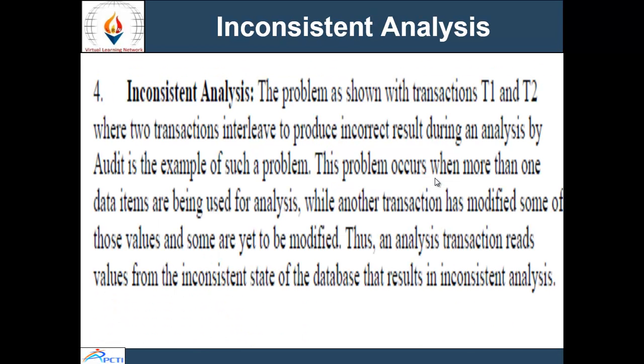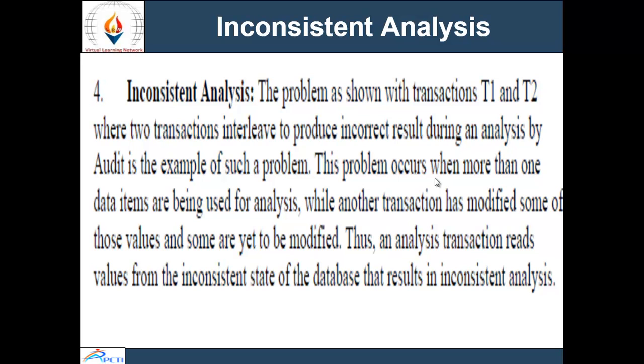Next is inconsistent analysis. Inconsistent analysis is the problem shown in T1 and T2, where two transactions interleave to produce an incorrect result during an analysis. Analysis by an audit is an example of such a problem.